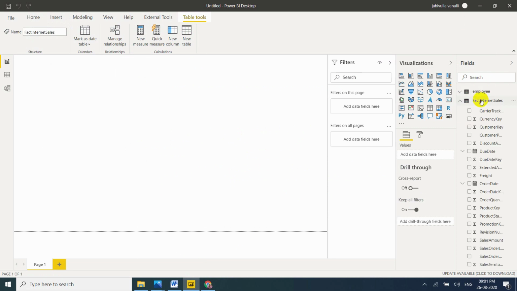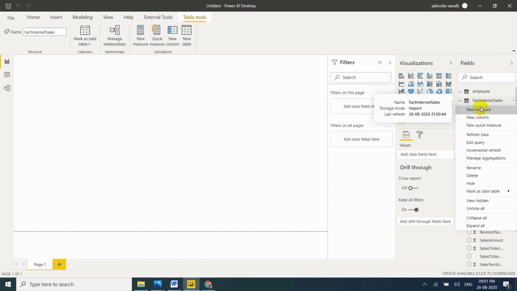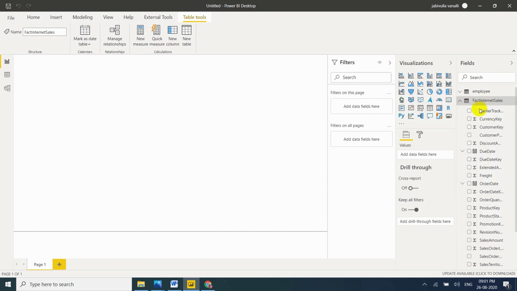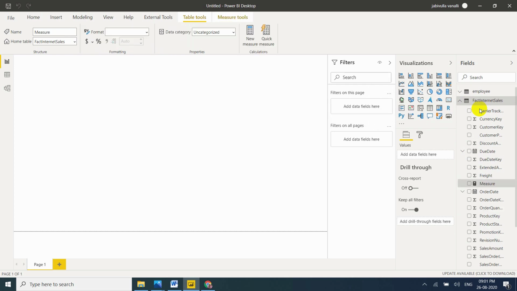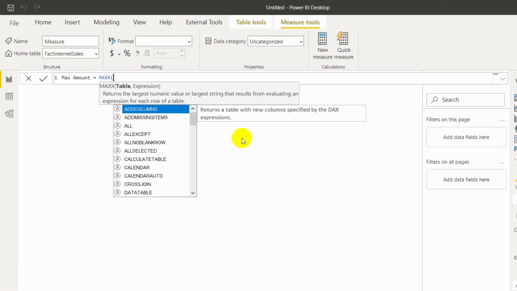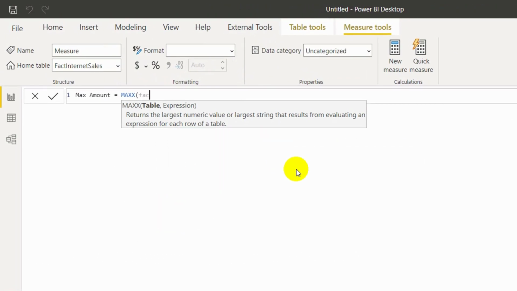Right click, new measure, Max Amount equal to MAXX. Table name is FactInternetSales, comma, what is your expression?